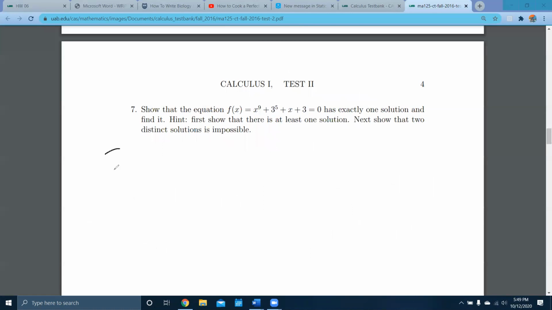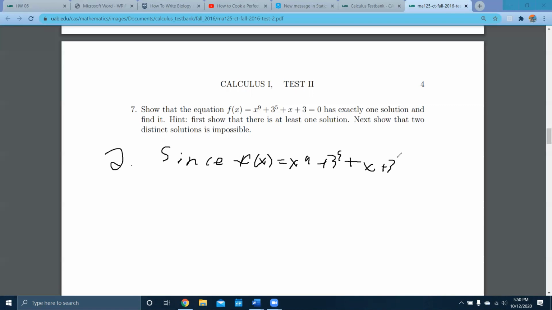So the second part of the question asks, show that 2 distinct solutions is impossible. And here's how we can say it. We knew on that interval there was one solution. So here's why it can't be 2 solutions. Since f of x equals x to the 9th plus 3 to the 5th plus x plus 3,